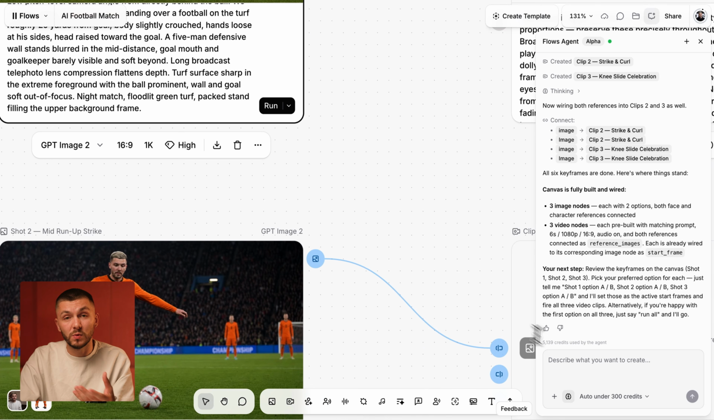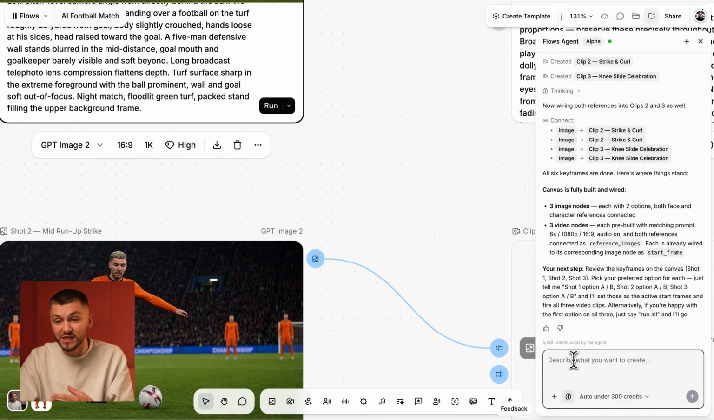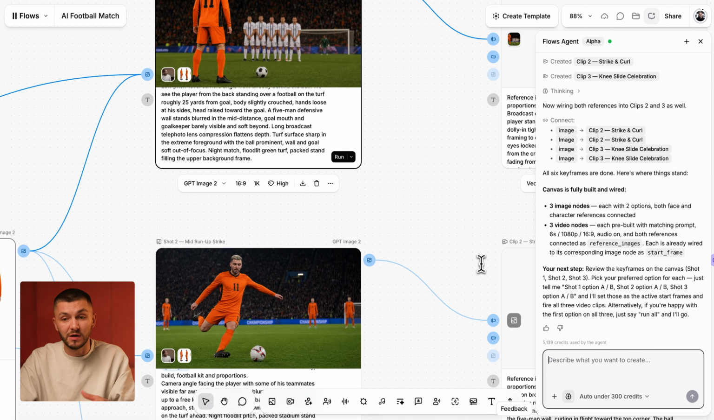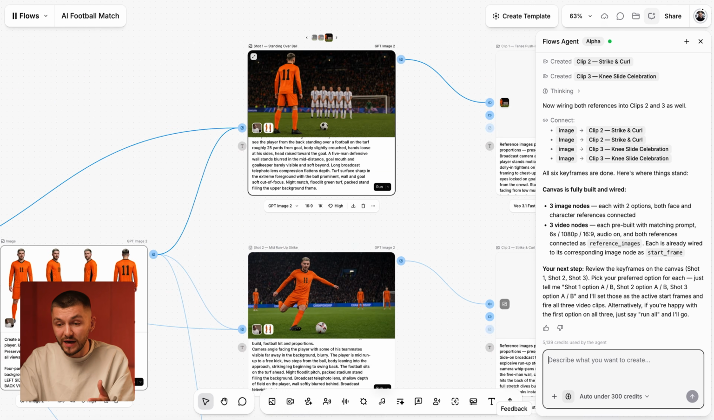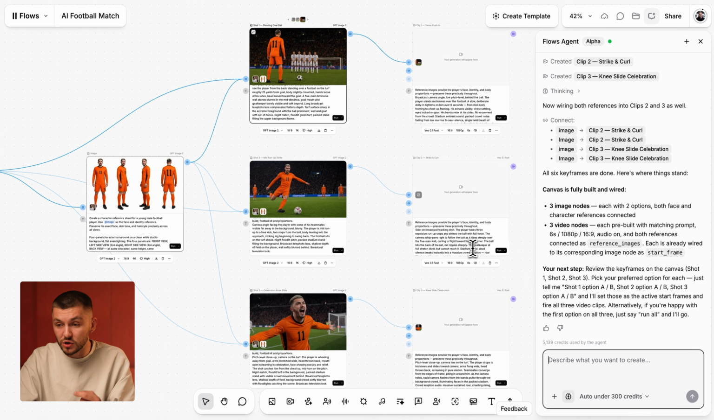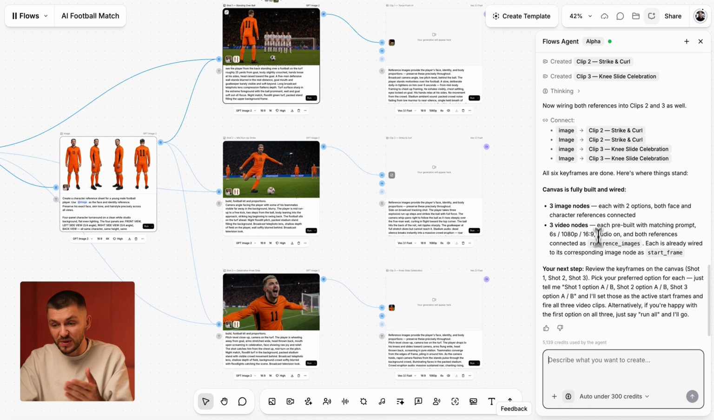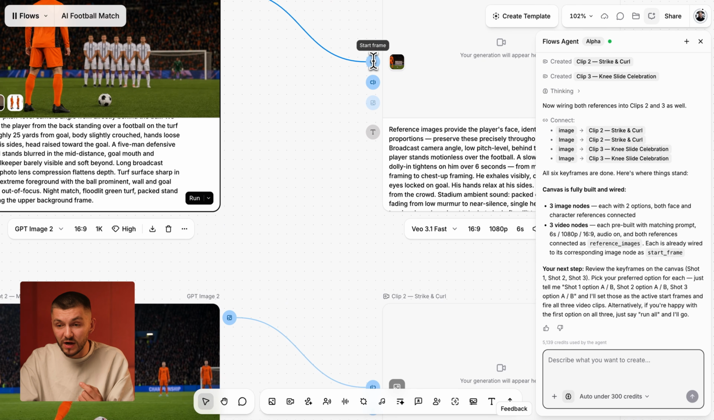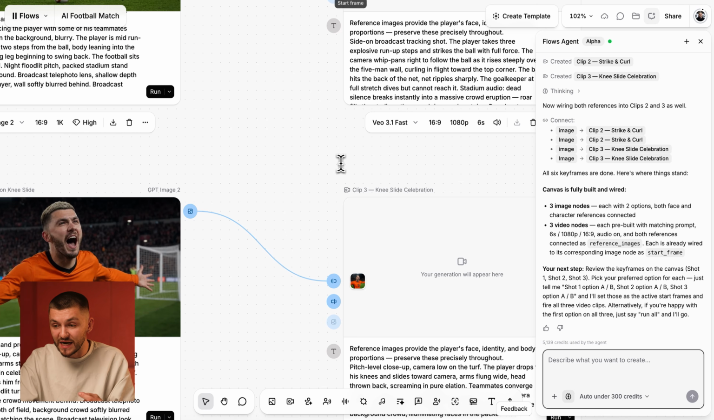Or you can actually ask, once again, the Flow's agent to make the changes if there's a bunch of changes you would like. For example, if you wanted to make the entire kit pink or anything else. But once you're happy with the shots, as you can see, it's built out the video nodes and it's telling us in the Flow's agent chat the next step. So we've got to review the frames, and once we're happy with all of the frames, you can see that the Flow's agent is using each frame as a start frame,